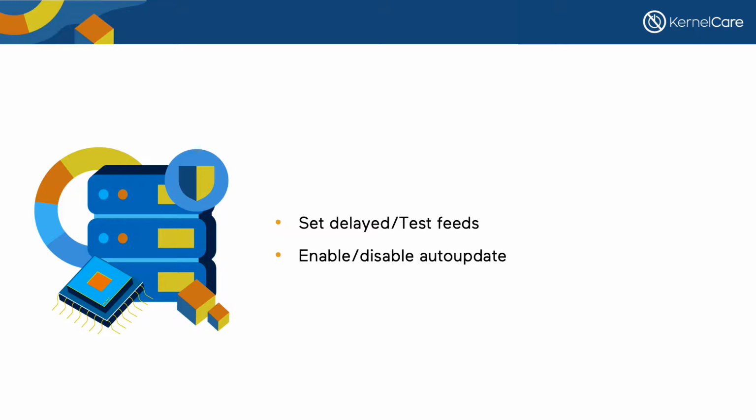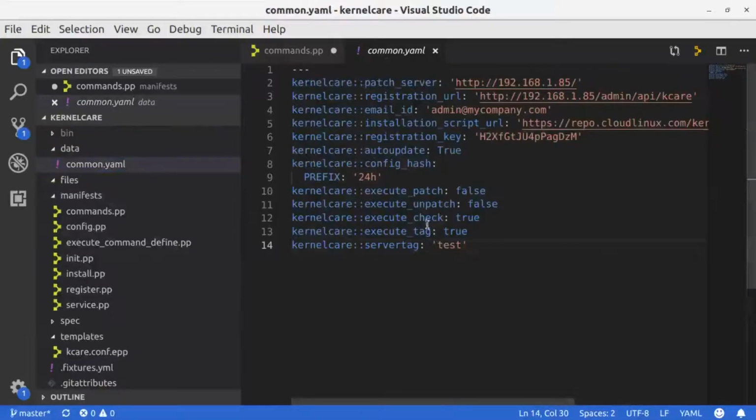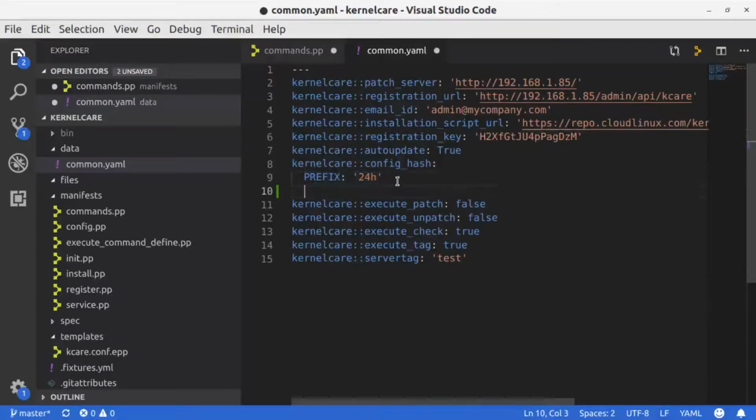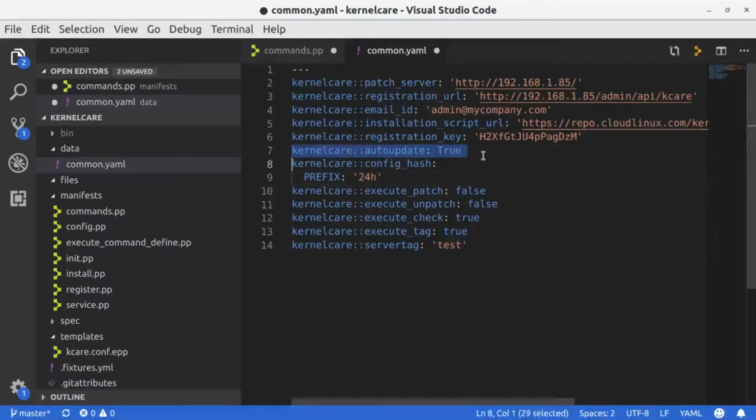As I've explained before, for the configuration, for enabling or disabling auto update, and for setting delayed or test feeds, you need to change the common.yaml file of this module. Here you can specify the settings you want. If you want to add any other settings, you can add the key value pair to this hash and it will be added to the configuration file of KernelCare on your server. And for auto update, you can set the flag true or false. If it's true, auto updates are enabled, which is the default value,